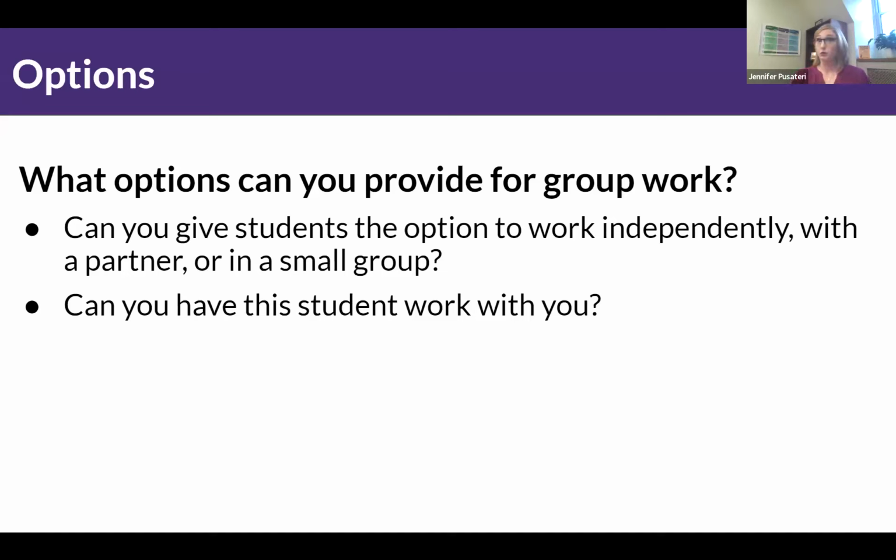So sometimes having them work with you will still get the same work across. They'll still be doing the same things that they would be with their peers, but because they're in a place where they know the roles of each individual and how those work together, that removes a lot of those barriers for students with autism.